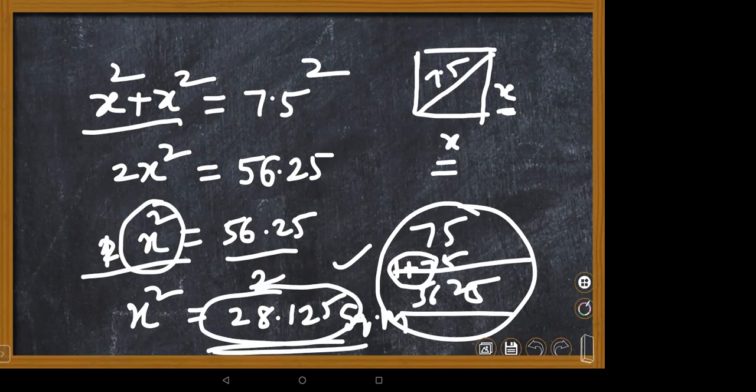If we round up, ma'am, it will be rounded off. 28.125, if we round up, it will be 28.13. Okay, right, children. Ma'am, we can round it off to 28 also. Okay. See the options, children, whether it is rounded or given directly. You have to see and choose that answer.